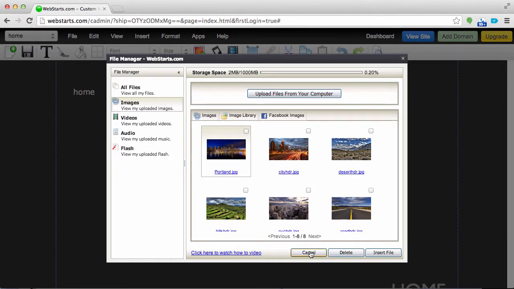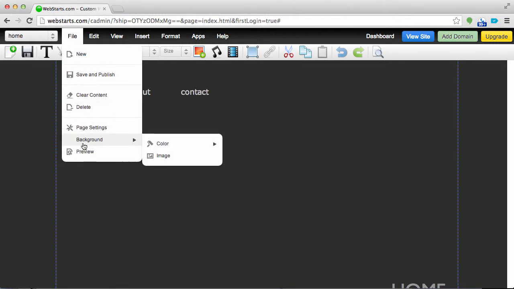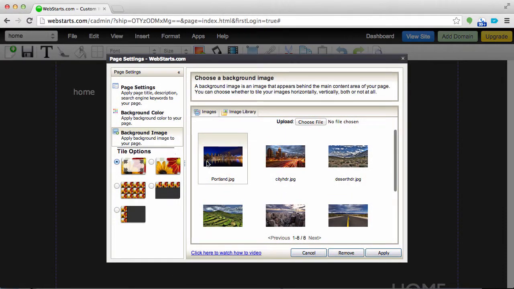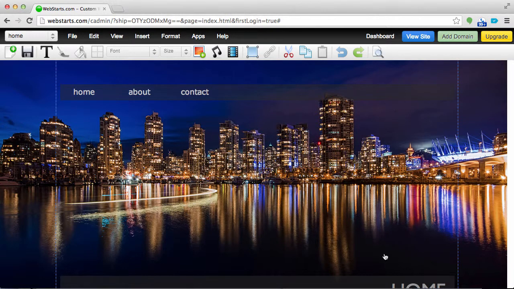So now the photo is uploaded to my WebStarts file manager, and I can now use it all over my website if I'd like. I'm going to cancel to close out of that window, and I'm going to move over to the File tab, and I'm going to slide down to Background and choose Image because I'm going to set that photo of the Portland cityscape as my background image. Now, with the full screen background image option selected, and with the Portland background selected, I click Apply, and you can see that the backdrop is applied to my entire website,